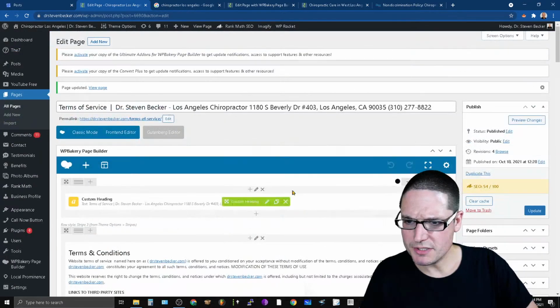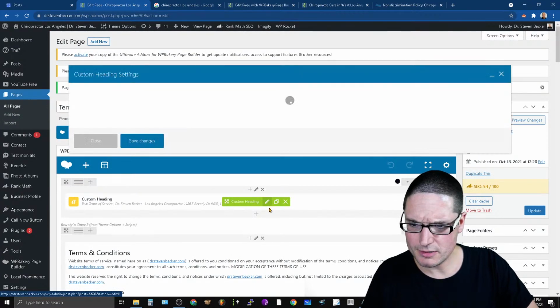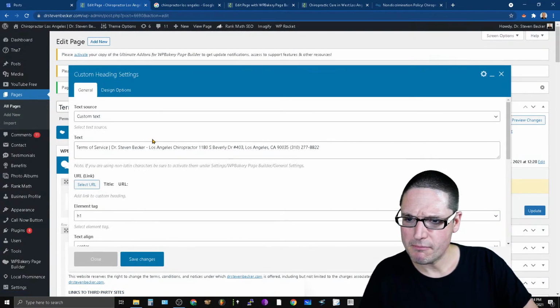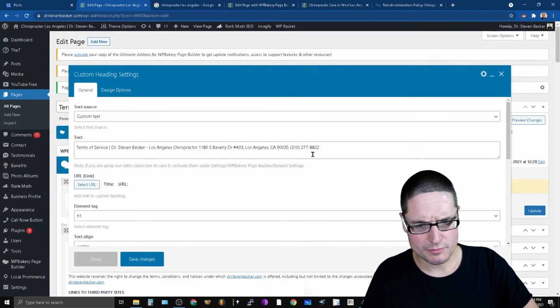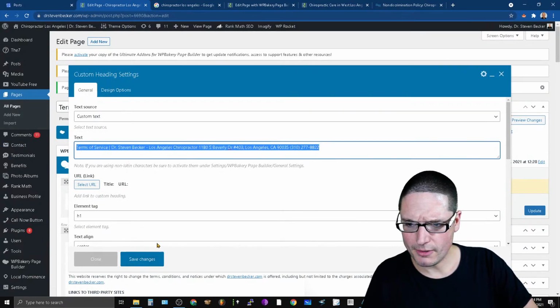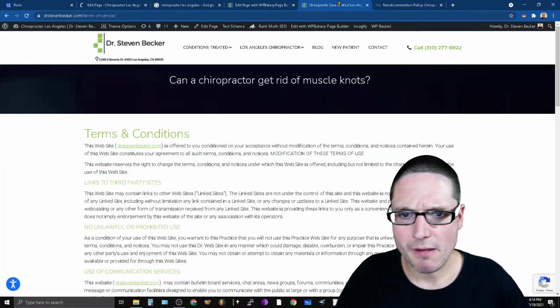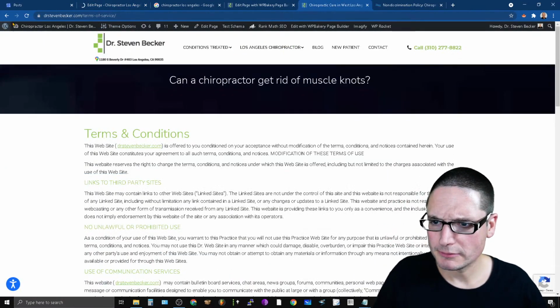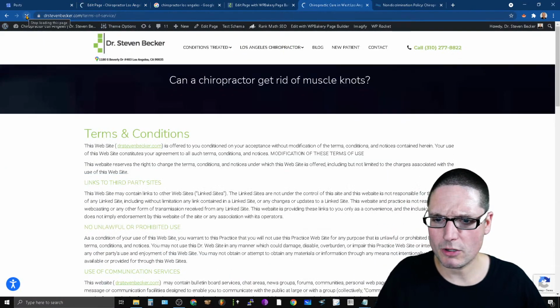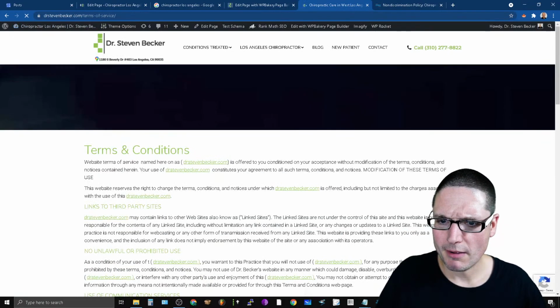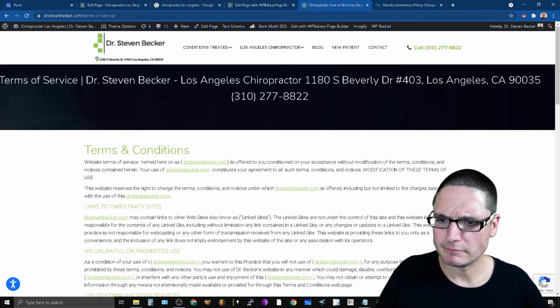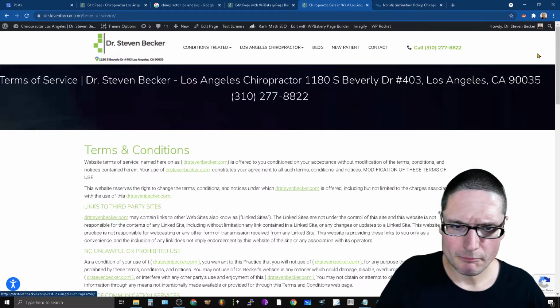All right, so this is the terms and conditions page. So with that being said, let's just come up to here, custom heading. Terms of service, perfect. Okay, save. Perfect, update. All right, so let's just double check this page, make sure we're all good. Looks good to me.